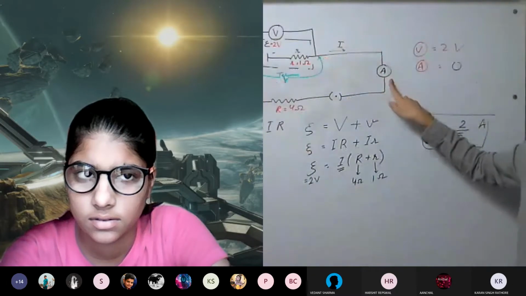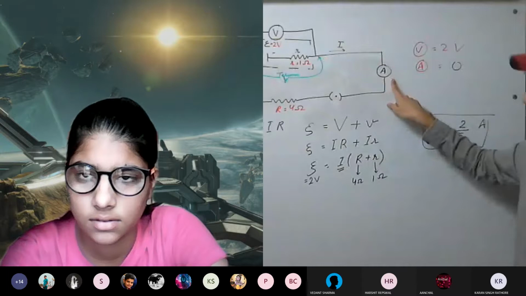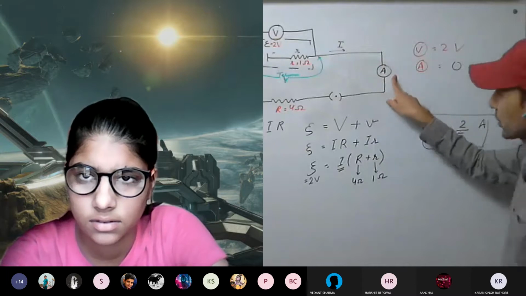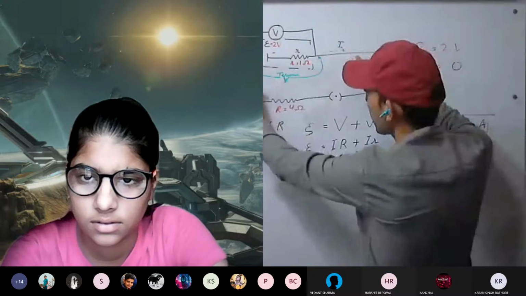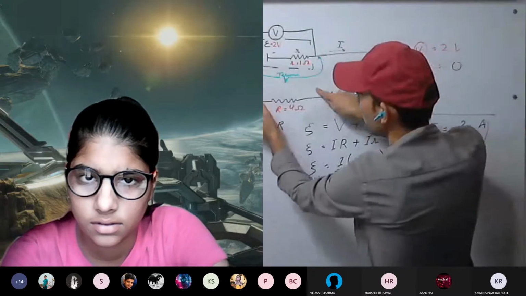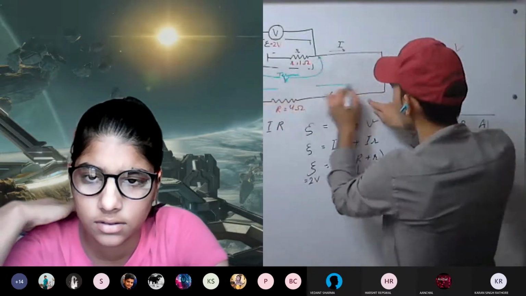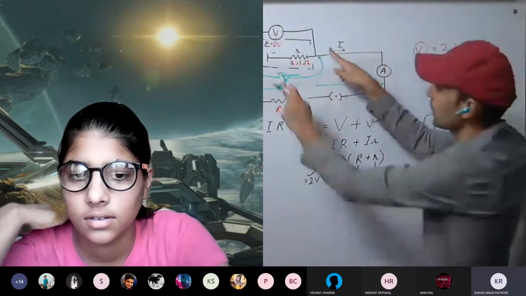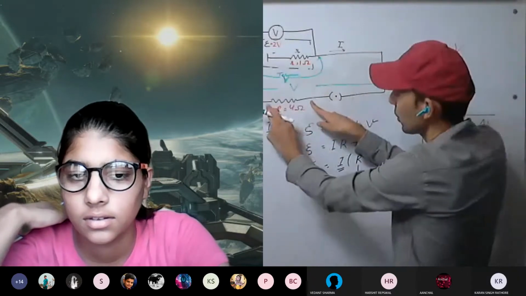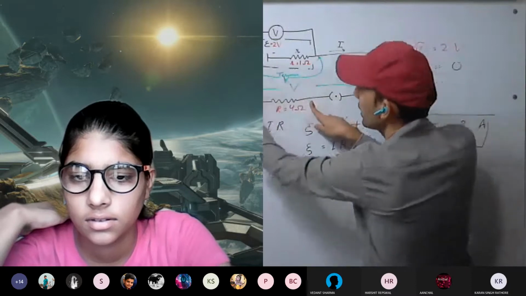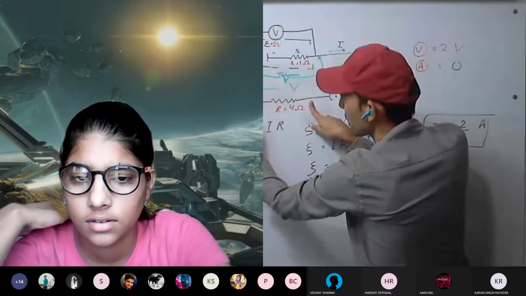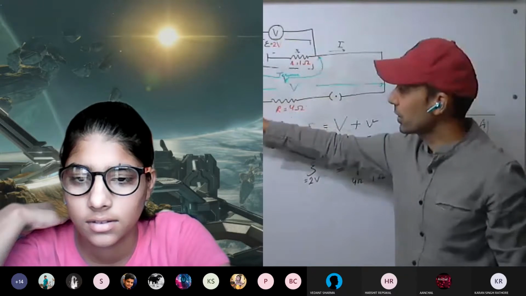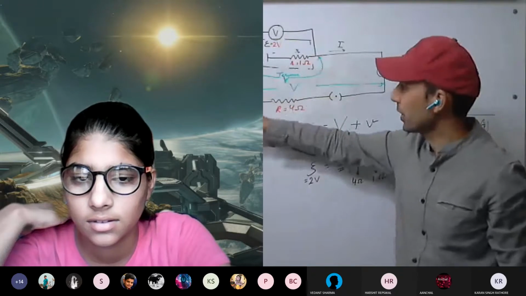So this voltage is available as well, because ammeter has how much resistance? What will be the resistance of ammeter? Very, very less or negligible. So we can avoid that. We'll be considering that this ammeter is having zero resistance. Okay. So now this whole potential will be available across this one. Yes or no? Yes, sir. This whole terminal voltage will be available across the resistance. Okay. And current flowing is how much? I.